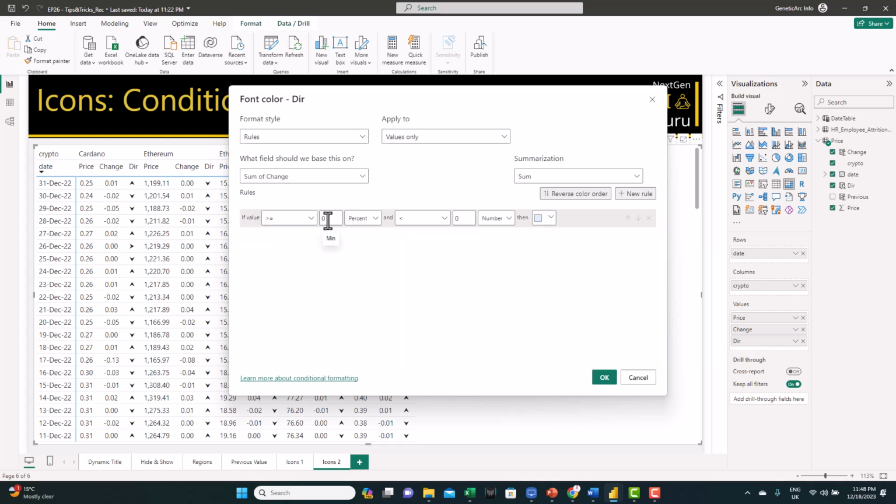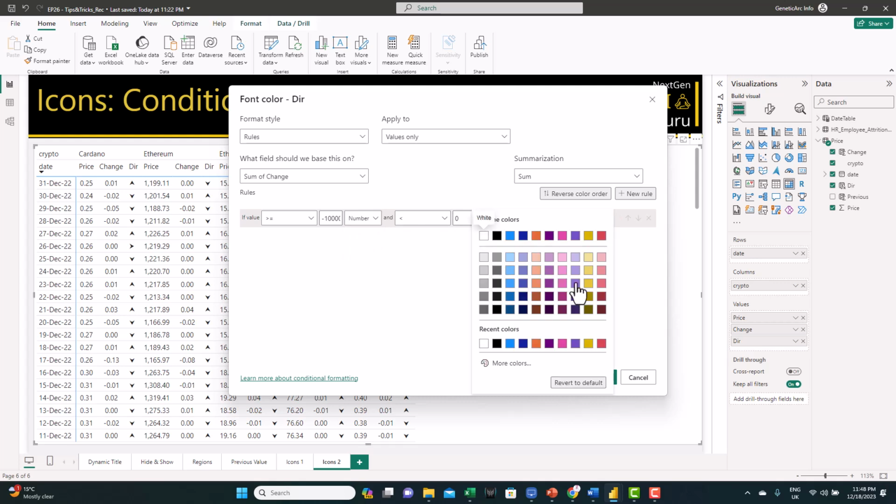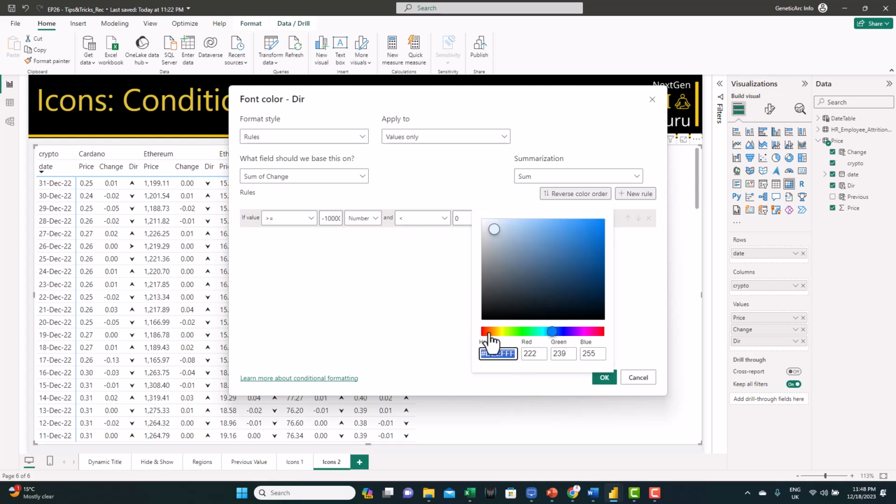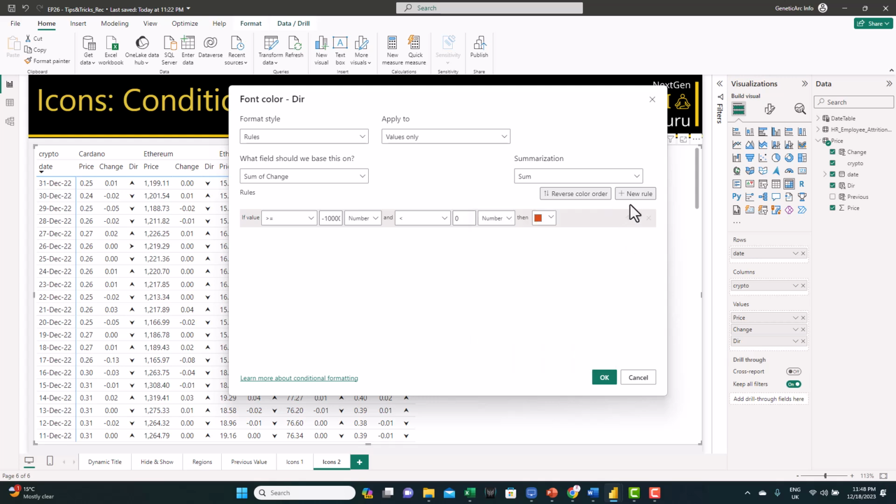If it's greater or equal than a very big minus number, for example, number, and less than 0, we give it the color red. A new rule, if it's equal to 0, again a number, we give it the color black, for example.